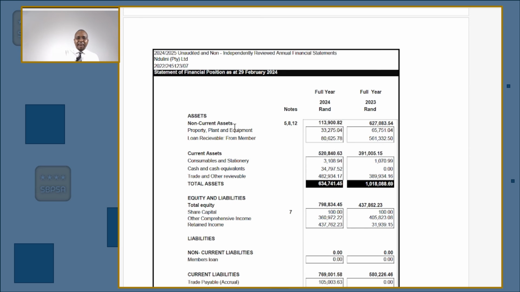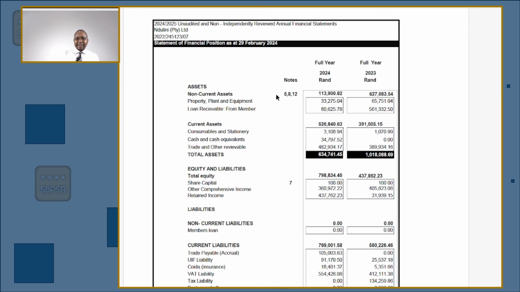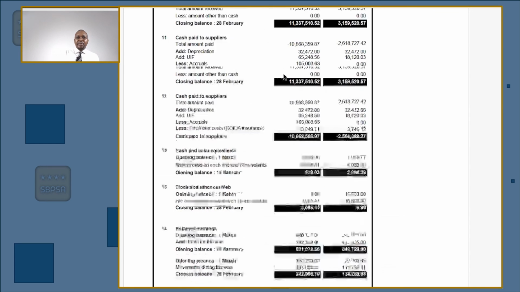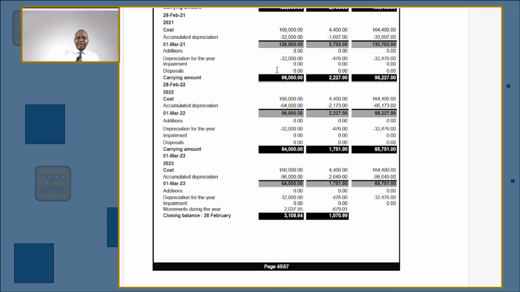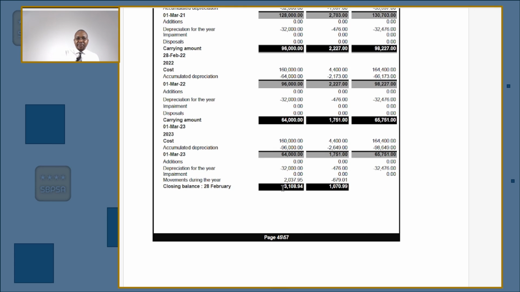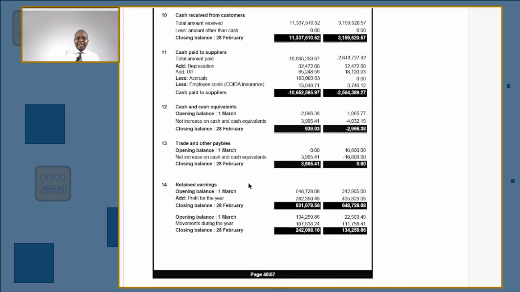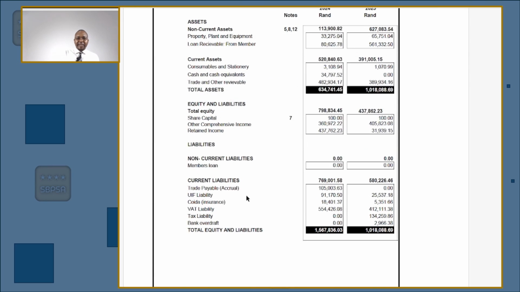Then you come to your balance sheet, okay. Of course this is a specimen, so we need not analyze it to the finer detail. We can see here the assets are 113, but when you look at the depreciation, you can see that the assets were a lot more than that. For instance, here you can see that the closing balance of the asset is 3,000 and here it's 1,000. So we can tell that SPPSA is really just giving us a